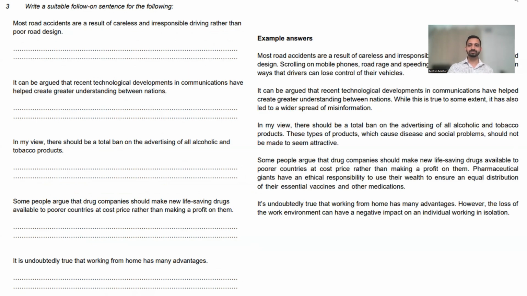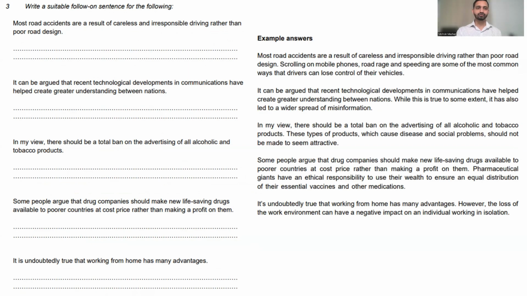All right, let's look at some examples here. So I'll read the first sentence and the follow-on sentence, and these are just examples. Your examples will differ from it, but you're just looking for coherence and cohesion in these sentences. Most road accidents are a result of careless and irresponsible driving rather than poor road design. Scrolling on mobile phones, road rage, and speeding are some of the most common ways that drivers can lose control